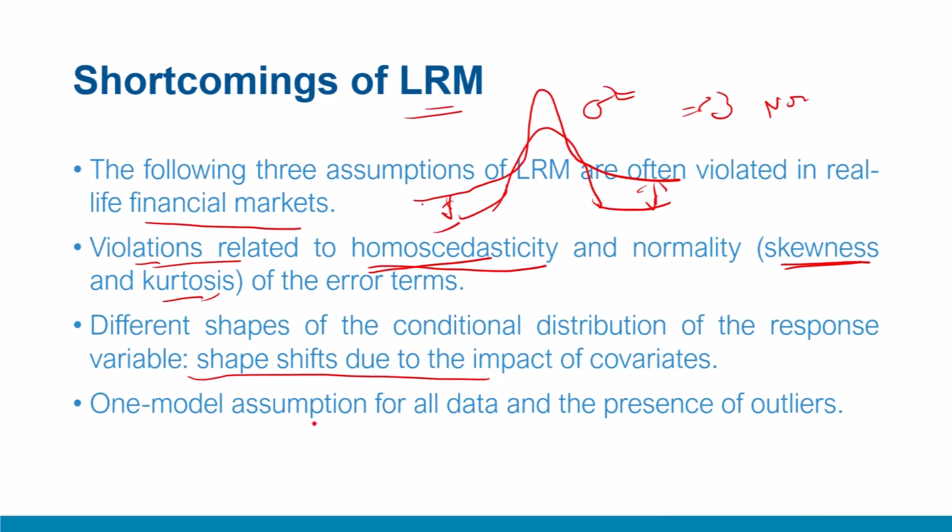Also, another problem is the presence of outliers. When there is an outlier, the mean is affected, but the median and other quantiles are not affected. All in all, what we infer is that the application of the linear regression model to practical scenarios is often fraught with challenges in estimation. To circumvent those challenges, the quantile regression model, with its estimation of quantiles rather than the mean, presents a very good and clean model.